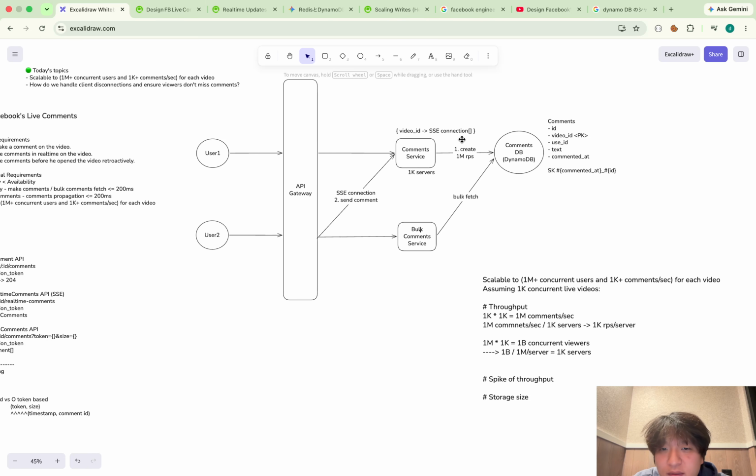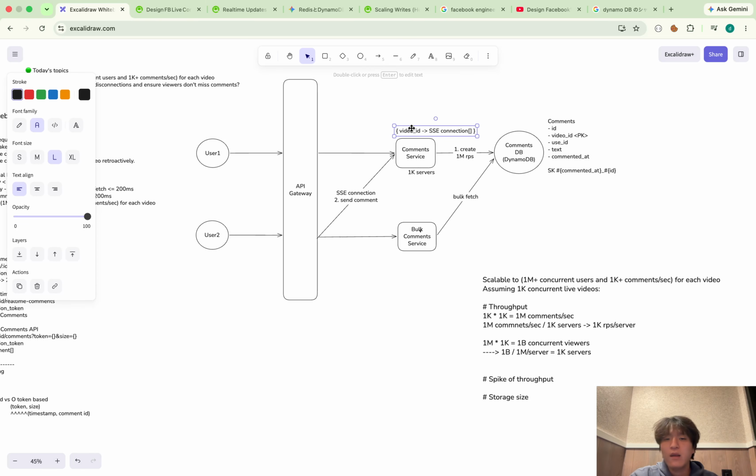In that case, in server 1, user 1's comment cannot be sent to user 2. We need a way to propagate the messages, comments, across multiple comment service servers. So that's something I have to think about now.